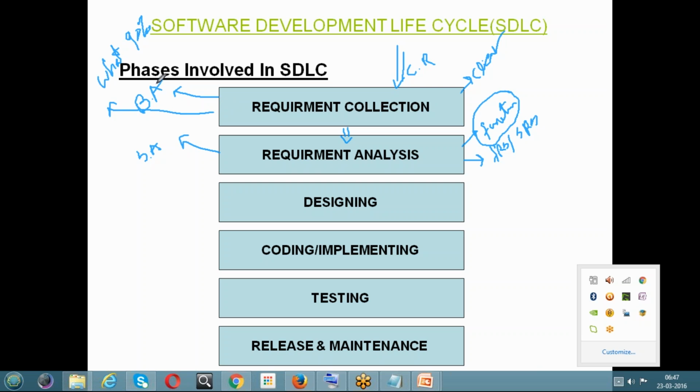What he wants, that is given in the requirement collection, and how it is going to work? How? That is given in the requirement analysis. Let me explain the difference between requirements, which is given in the first phase, and the functionalities in the second phase, right? If I take an example of a banking application,